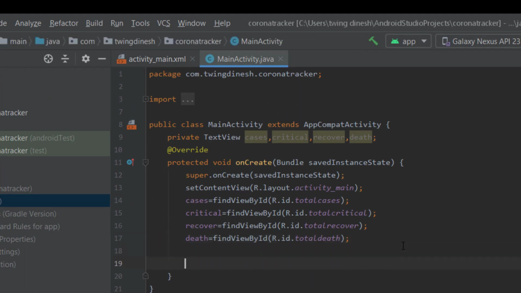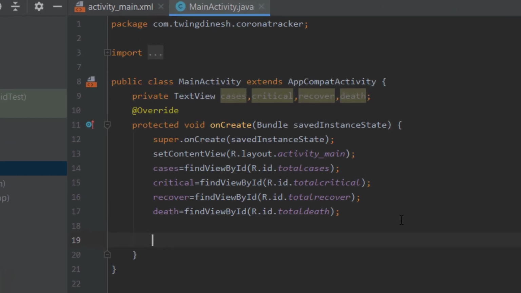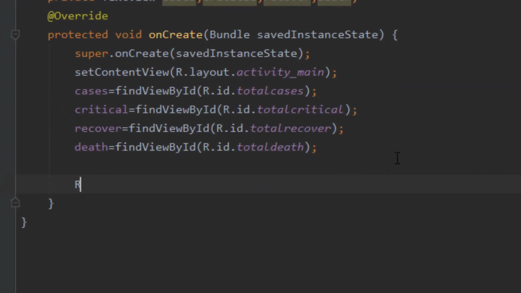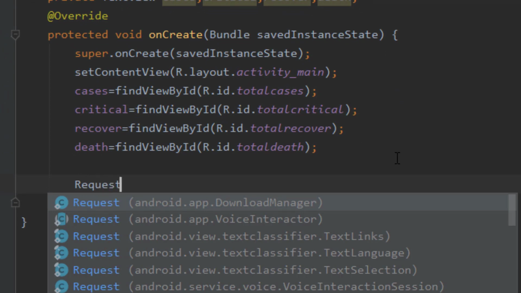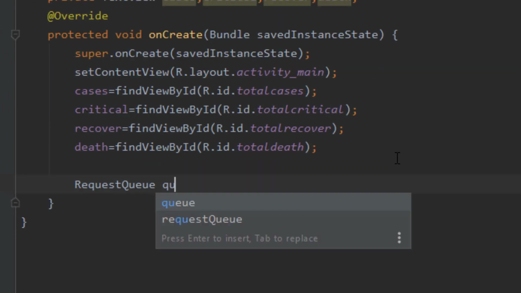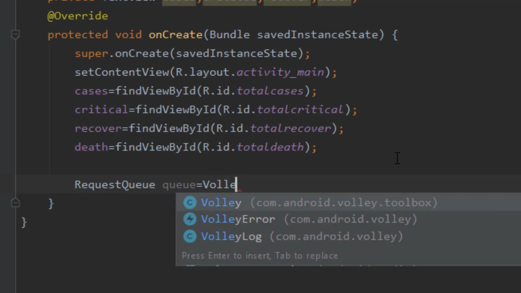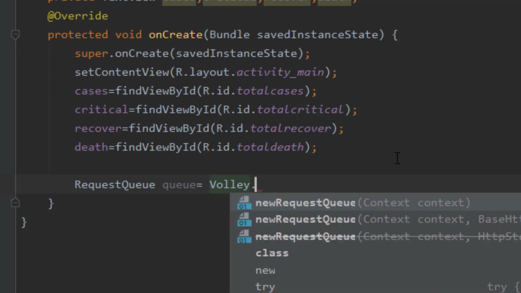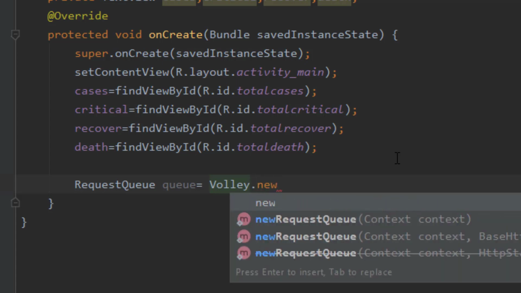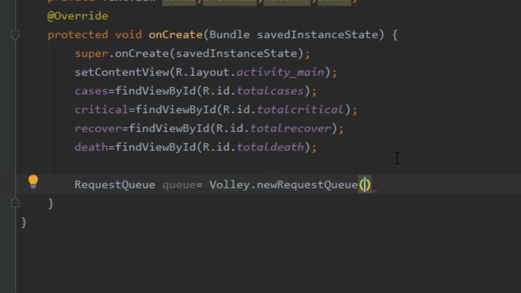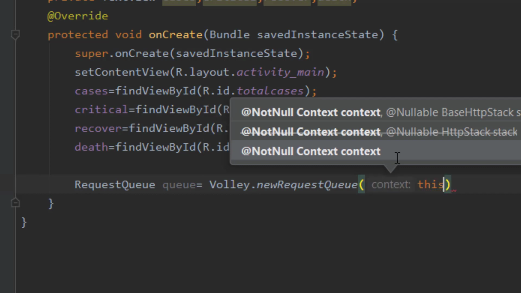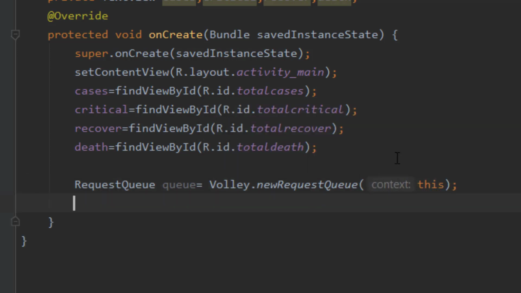Okay, so for that we have to create an object of request queue. Let's type RequestQueue object equal to Volley dot newRequestQueue, and we have to pass this context.